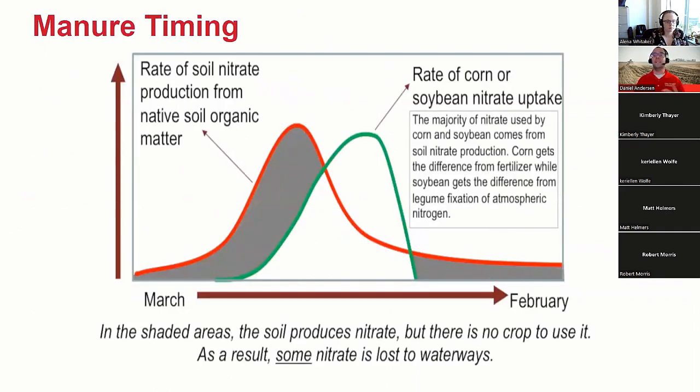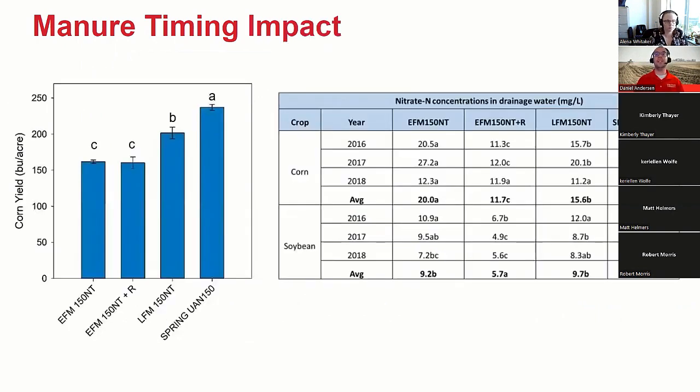One of the bigger challenges, and we talked a little bit about this earlier, is application timing with manure. And I think it's easy to say things like, well, earlier probably means that we've turned some of that manure nitrogen into nitrate and it's prone for loss before our corn is really up and growing and can utilize it. But it's an area that I still think there's lots of opportunity for study, and it's one that we've done a fair amount of study over the last few years. This is from 4 years of data up at Nashua, Iowa, where we had 4 treatments.